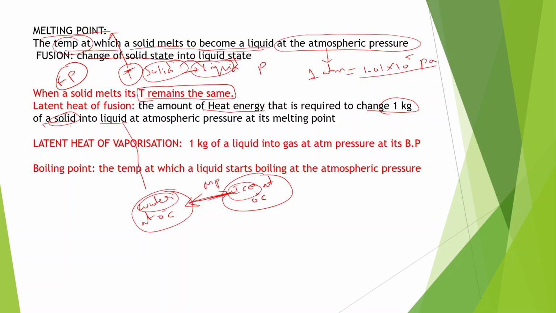Liquid here is water, and this solid is ice at 0 degrees Celsius at atmospheric pressure, which is the melting point. So there will be some amount of hidden heat energy. Latent means hidden. So when ice at 0 degrees Celsius is changing to water at 0 degrees Celsius,